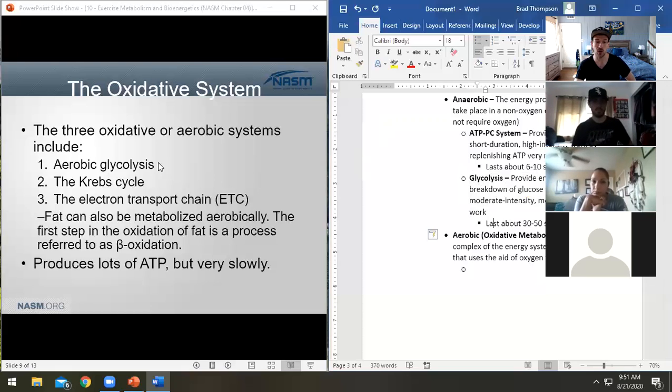Athletes, for most sporting events, are primarily going to rely on aerobic glycolysis. And this is why it's so important if you want to be a well-rounded athlete. Yeah, you need to work at super high intensities sometimes, but you also need to make sure you do, we're bringing it back, conditioning. You've got to have a little bit of cardio. If you're a powerlifter, lift heavy. But if you want to be a rounded athlete, lift heavy, do a little bit of cardio, and